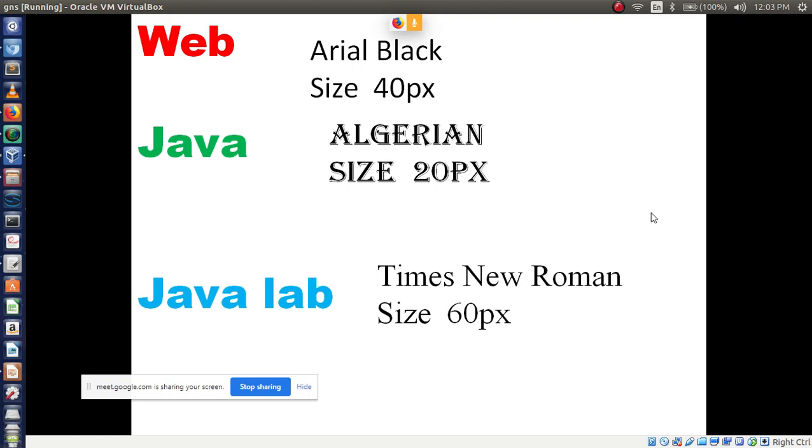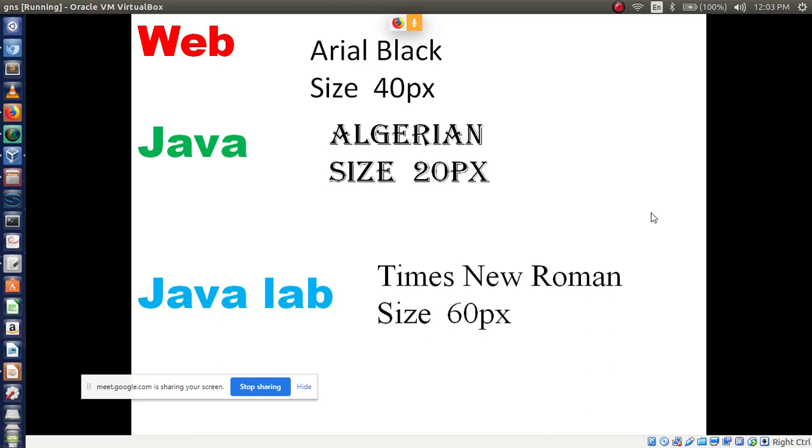Okay, so how many style sheets do we have? Different types of style sheets. What are those? Kiran, can you tell me any one name?